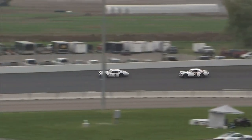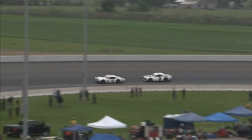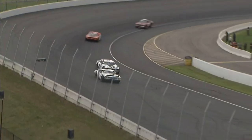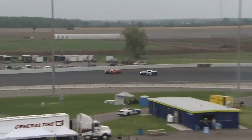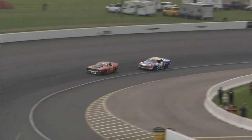Another time off of corner 4, and Tyler Hahn just able to stay right there. About the same advantage that time around, though. Steve Book closed the gap by 1/10 of a second. 6/10 back is Steve Book trying to close the gap another time. He gains a bit of ground down in 3. We'll see what the differential is this time as we complete lap 8. Hahn across the stripe. Still about 6/10 of a second